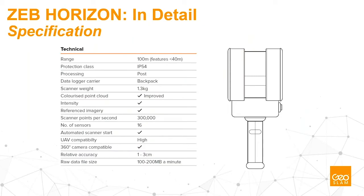So I will just touch on some of the things here. As I said, 100-meter range, slightly better IP protection, so IP54. It is available in a backpack. We can still colorize the point clouds, although we do get better results from the Horizon than from any of the other systems. And we do create much more points, so 300,000 points per second, as opposed to the 43,000